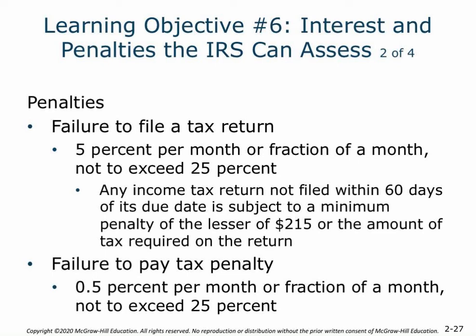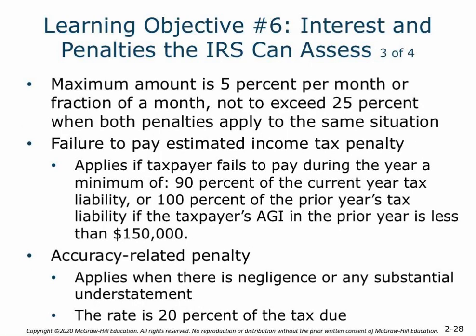So it's important to know that there's a requirement to file a tax return and you'll get penalized if you don't file. And then there's also a requirement to pay and you'll be penalized if you don't pay. And that penalty is going to be 0.5% per month or fraction of a month, not to exceed 25%. So the max amount is 5% per month or fraction of the month, not to exceed 25%. So when both penalties apply to the same situation, it's still going to be that 5%, 25%